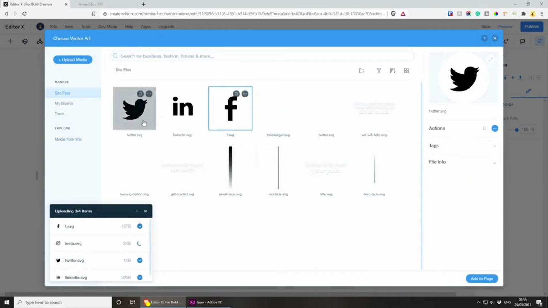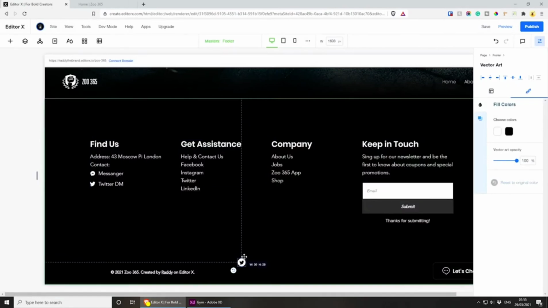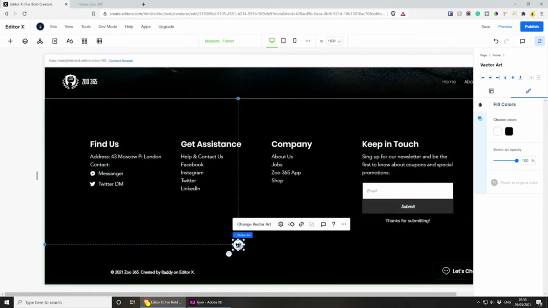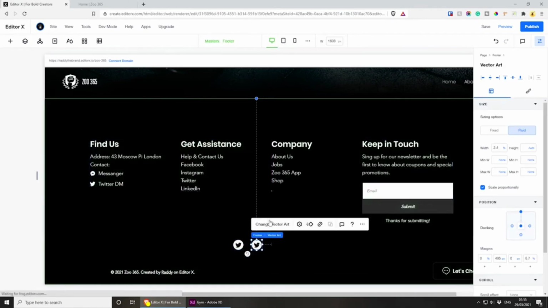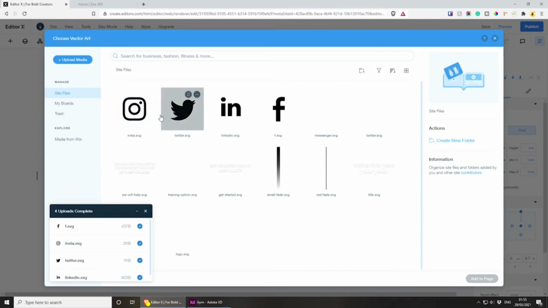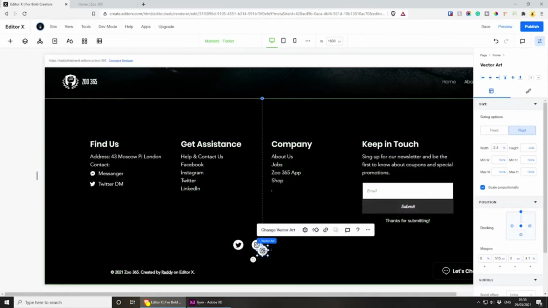And let's start with Twitter. Add, just scale it down a little bit. Obviously make sure that you link it. We can now copy and paste. If we're happy with the size, then we can change the artwork to Instagram. Copy, paste. We can change the